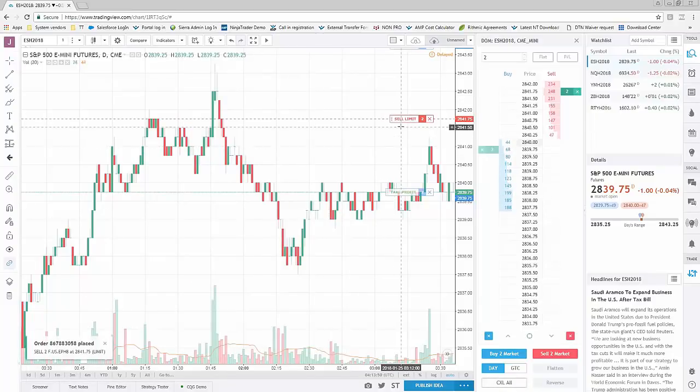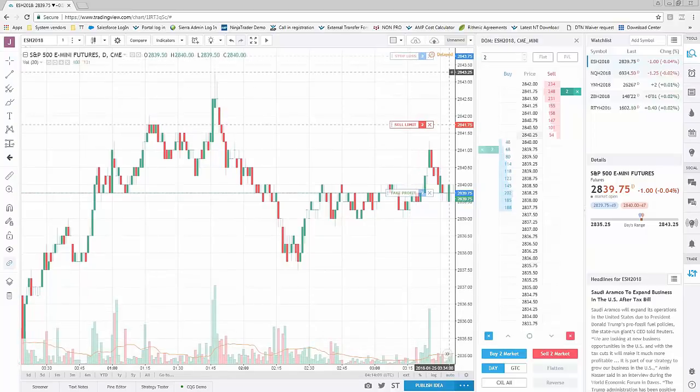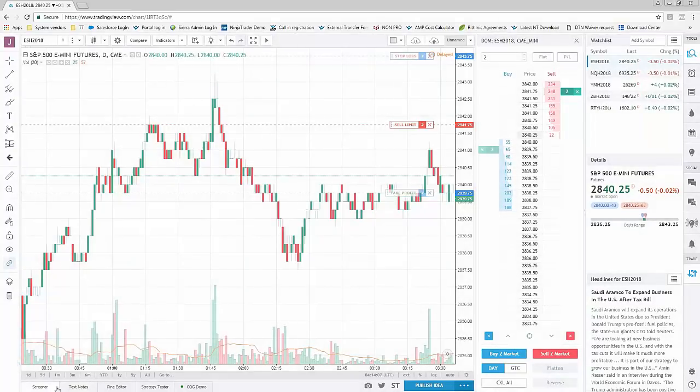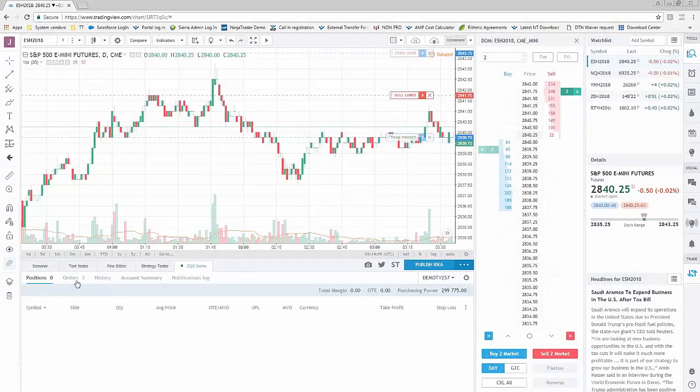And there you go. So now I have my sell limit working at 28.41.75. There's my buy limit at 28.39.75. And then if I scroll just a bit on the chart here, scrunch it down, there's my buy stop at 28.43.75. All right, so if I go ahead and activate my trade panel here,